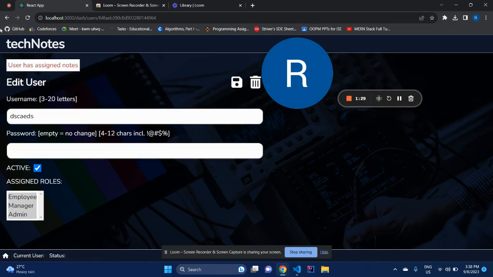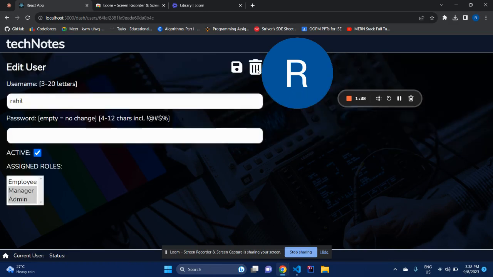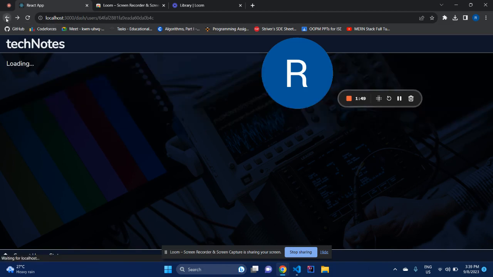So, okay, since the user already has notes, just a second. I cannot delete a user which already has notes present. So let's delete the user I just created. So that user is deleted. So we can see creation, reading, update, and deletion. This is done through the backend. And we have similar functionalities for